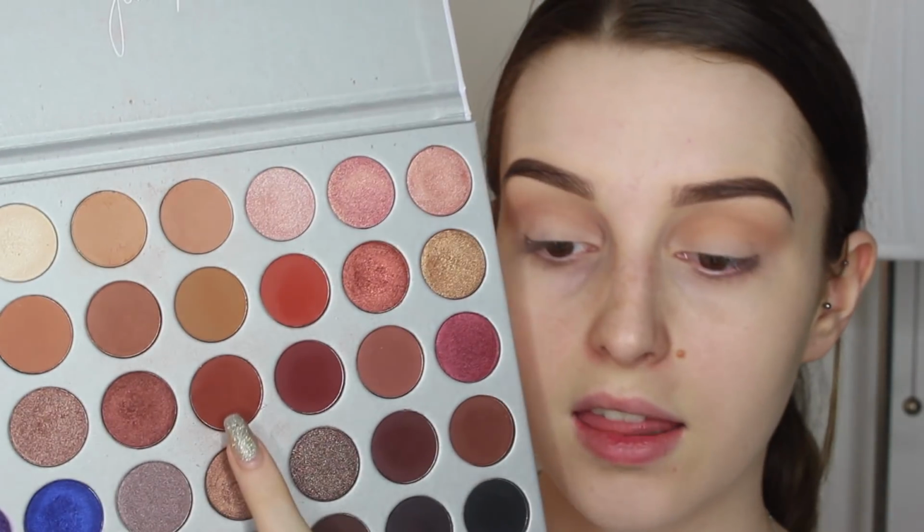Okay, then I'm going to be taking this colour here, and I'm going to be taking this on my Sigma